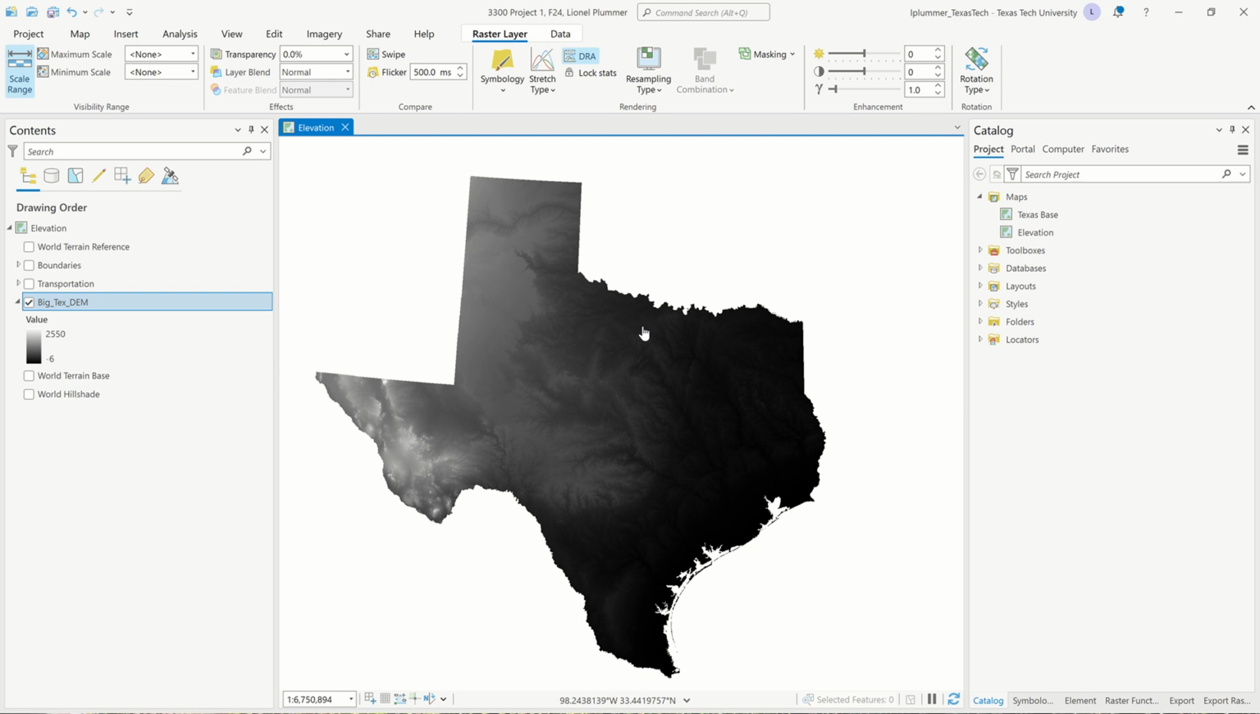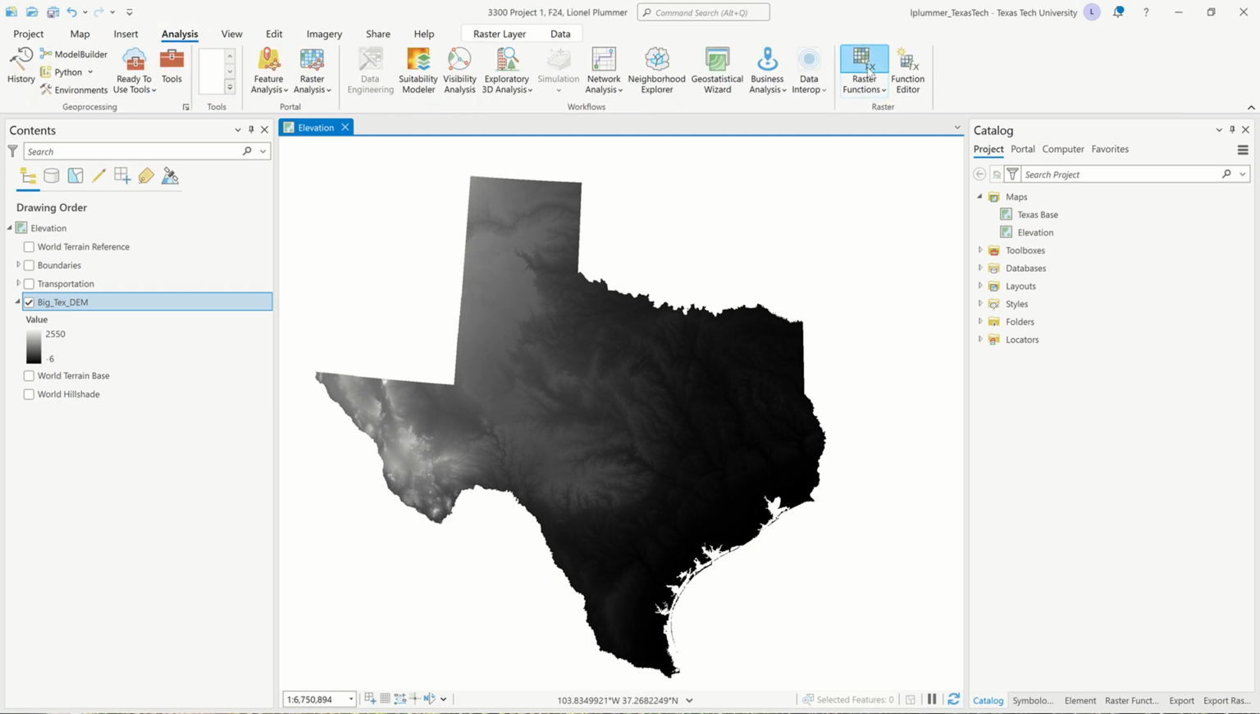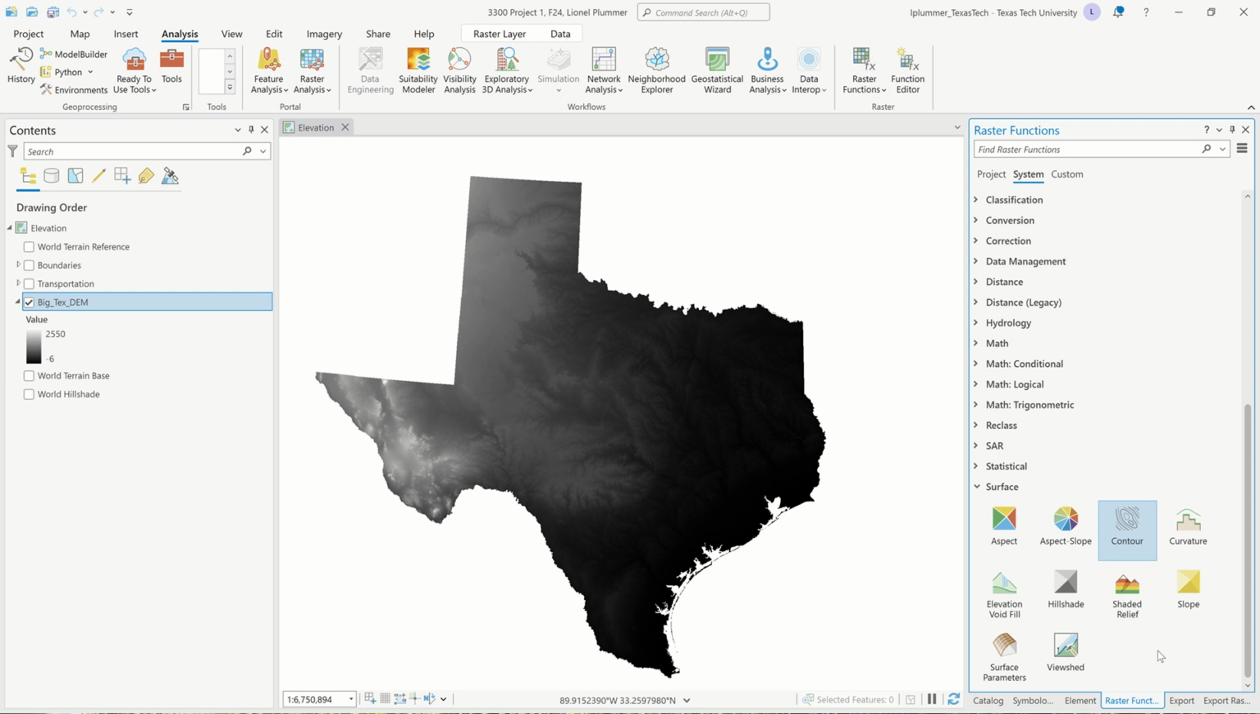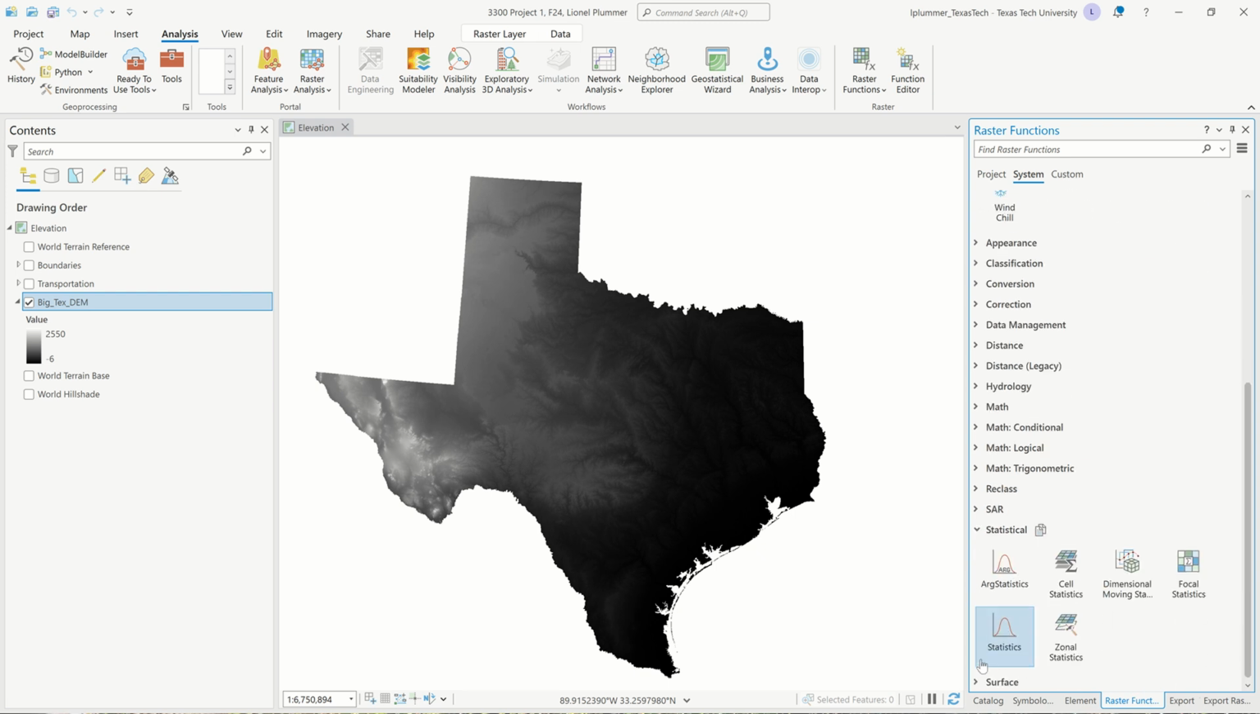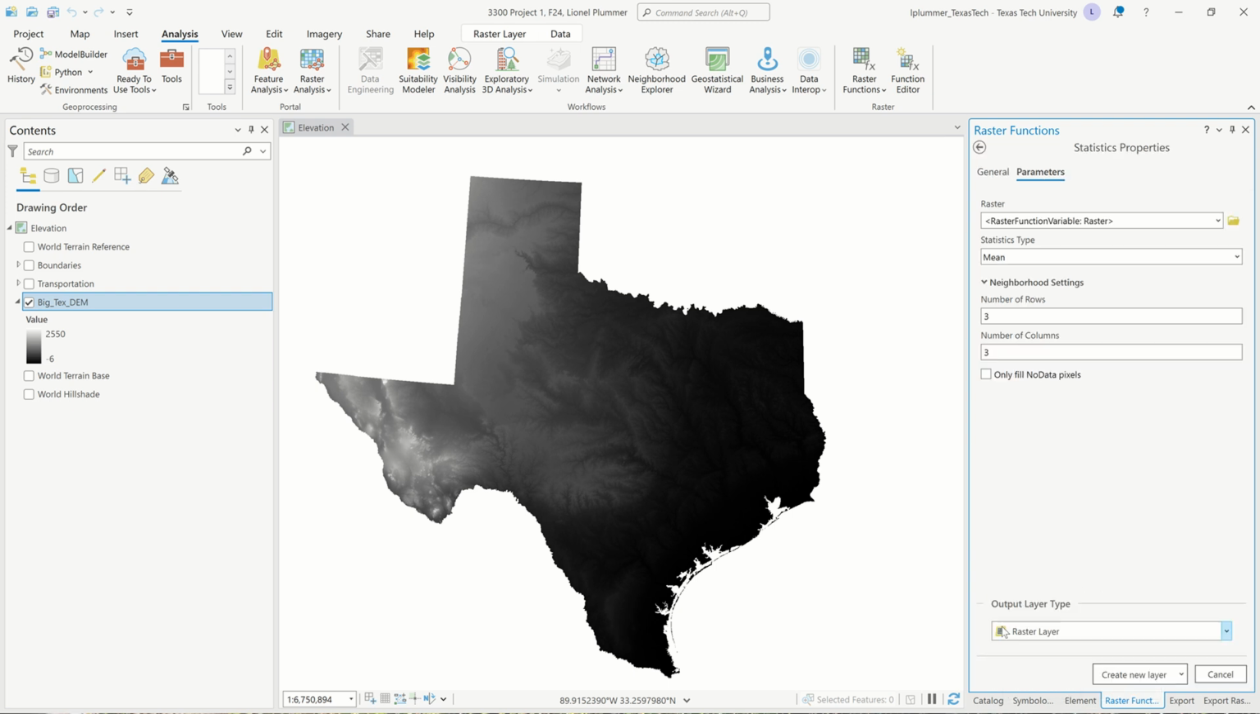And again, these raster function tools are great for doing quick things like that. Now, there's no tool in here called blur. For some reason, you have to go to statistical. And what we're going to use is statistics. We need to tell it which raster,